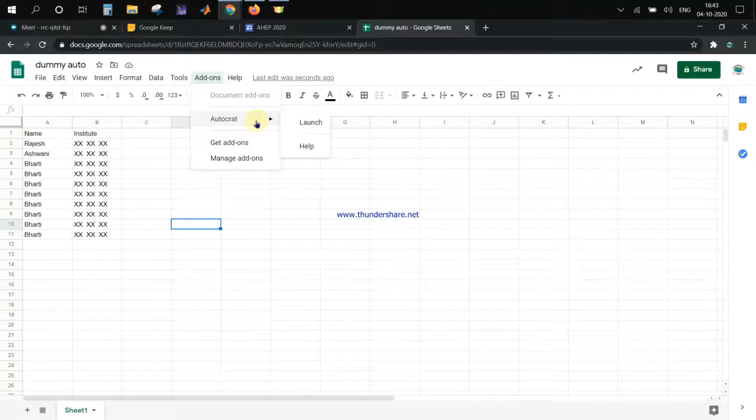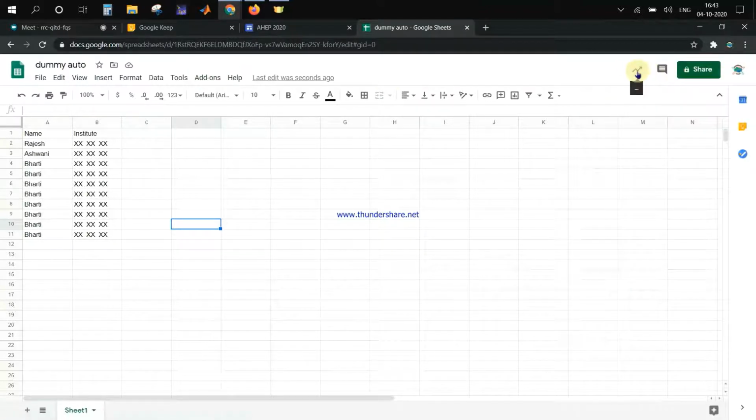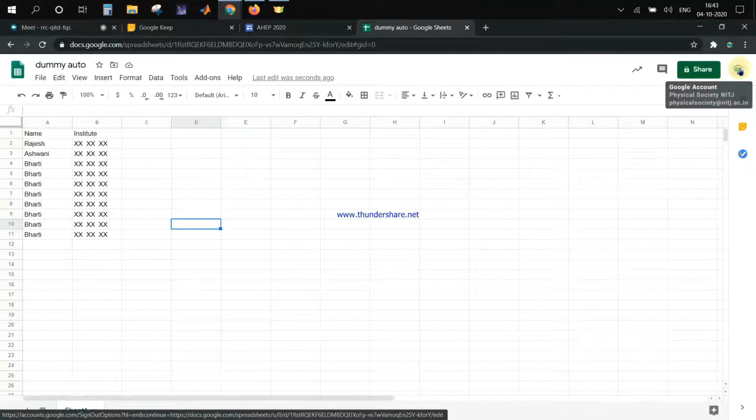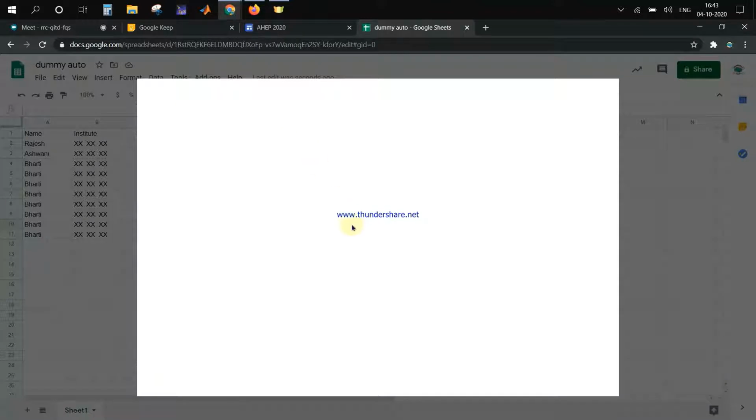So how to add add-ons in the Google files? You can go to Google Slides and download it. Also, when you click add-ons, you can see there is a button called get add-ons, and you hit that button.